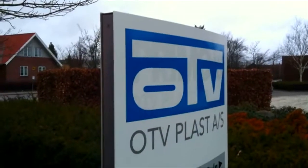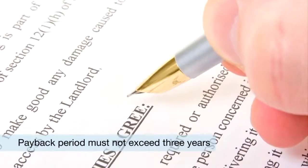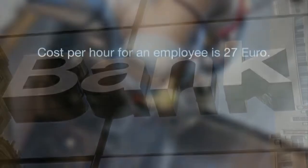OTV planned to fund the robot purchase via lending from their bank. That meant the repayment period must not exceed 3 years. The equation for return on investment looked like this. Cost per hour for an employee is €27. Robotic solution costs €5 per hour. Each employee works